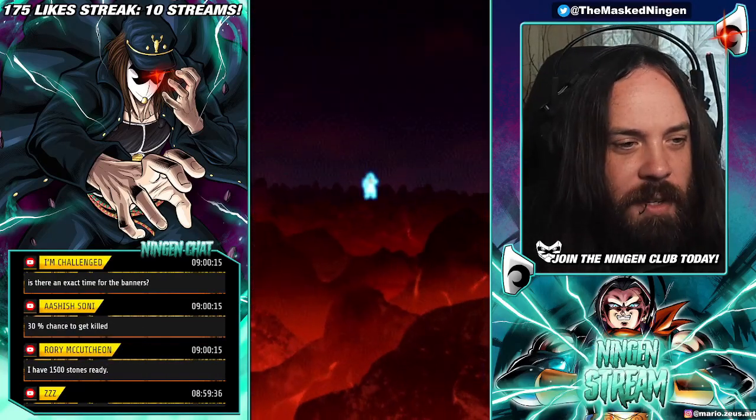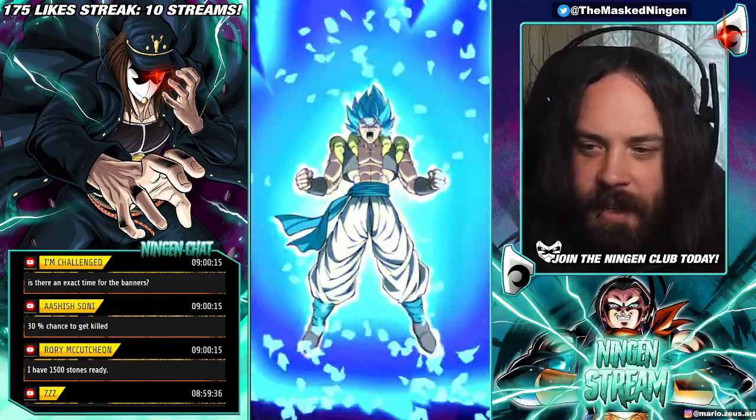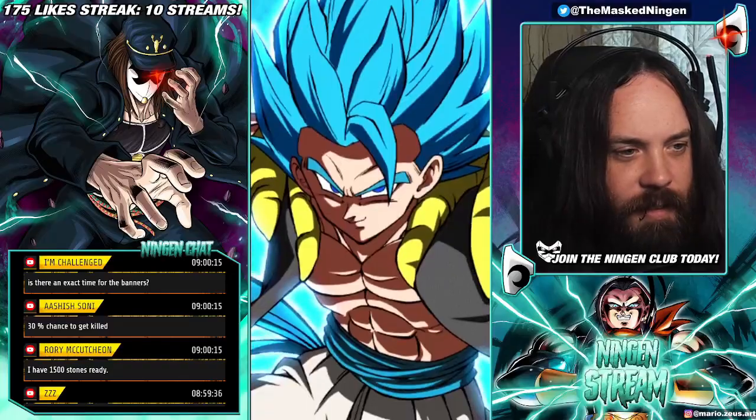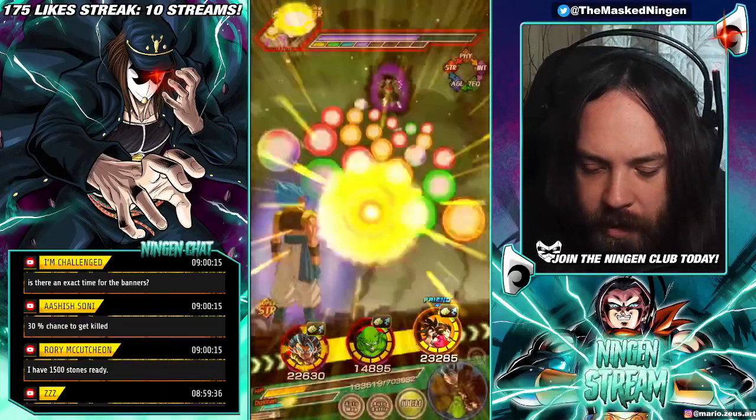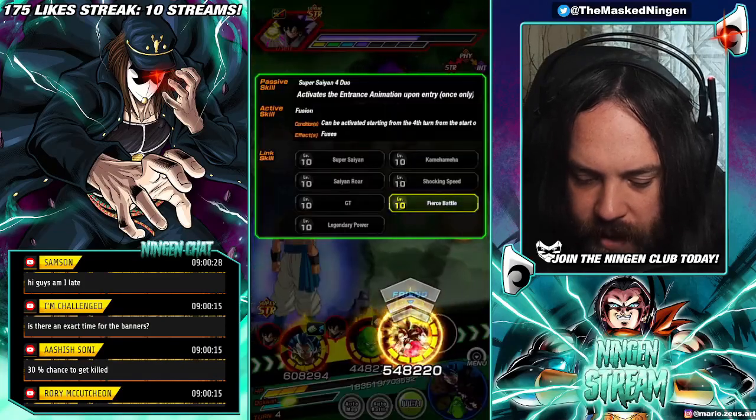Alright, so here comes blue Gogeta. So we're going to do some damage here. Is there an exact time for the banners? Not yet, nope. We only know about the Dokkan now, but we don't know when the banners are going to drop, so...